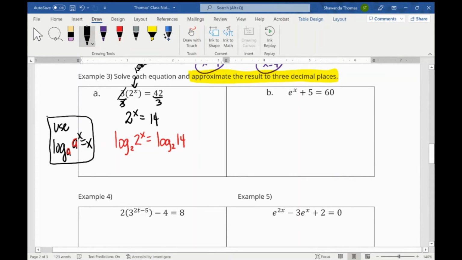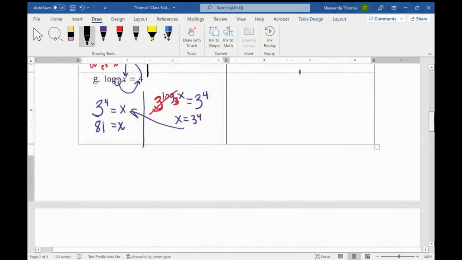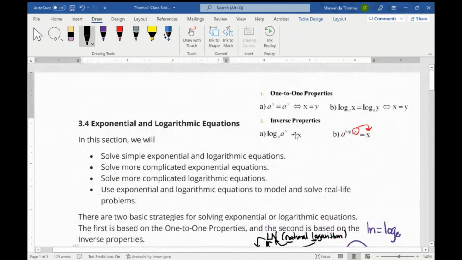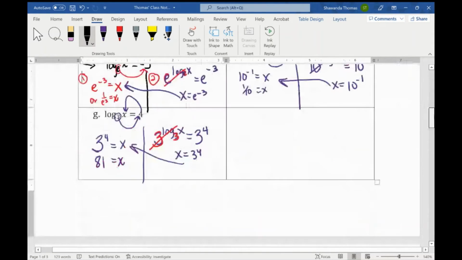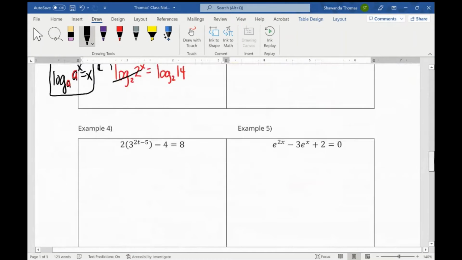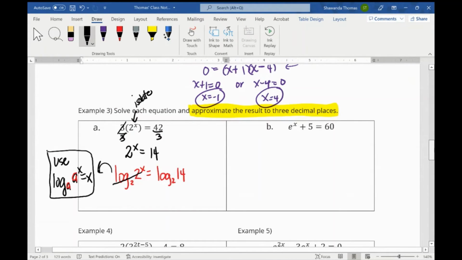Now we know that this cancels out according to this inverse property, right? Again, where did that come from? It came from this inverse property, part A. So you can use that property to get rid of things. So on the left side, we're just going to have x now, because only this part counts, not the x. So x equals log base 2 of 14, which you can now use the change of base